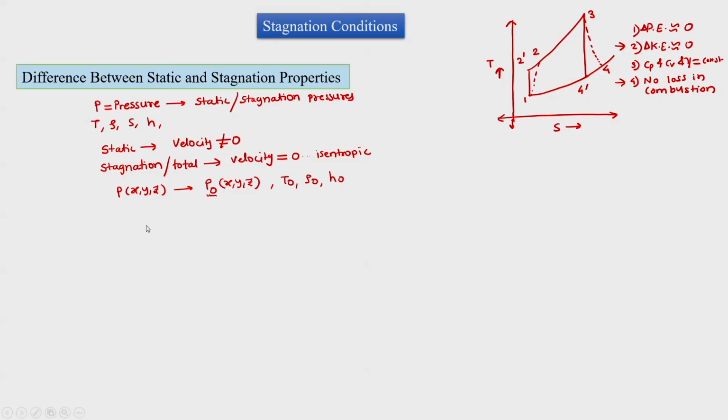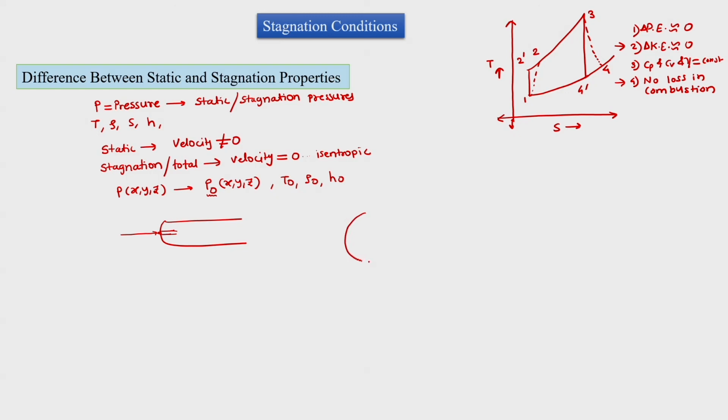But there are certain realities where we can practically measure this, and that is where we use the pitot static tube. This is a tube in which we have a hole at the center, and this center hole is connected to a limb of a manometer. Then fluid will go here, and practically fluid is going to rest at this location. So if we measure pressure at this location, then this pressure would be called total pressure or stagnation pressure.